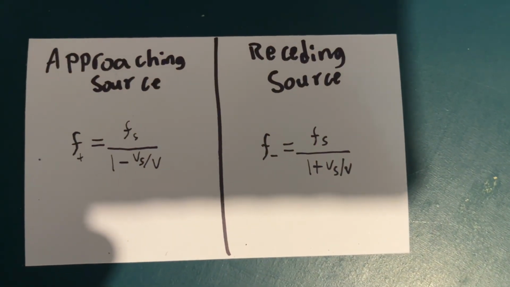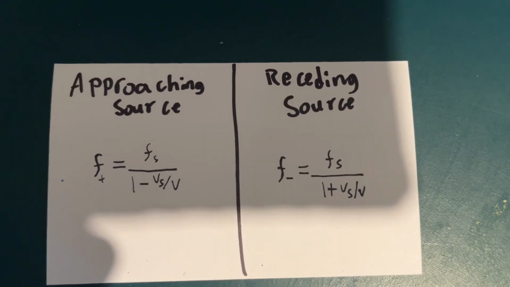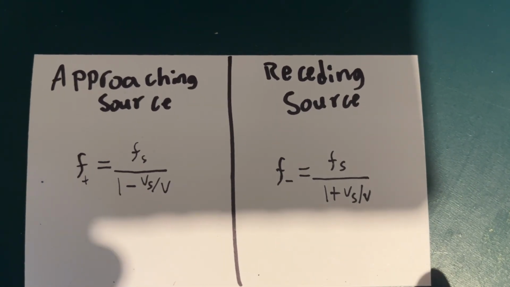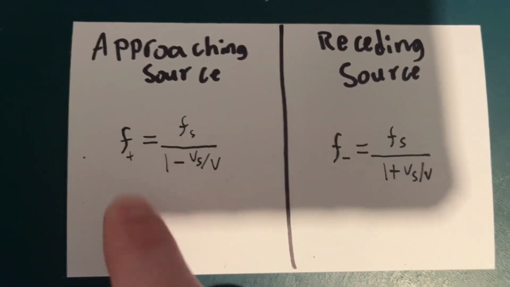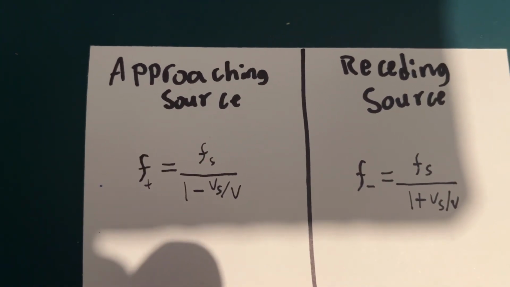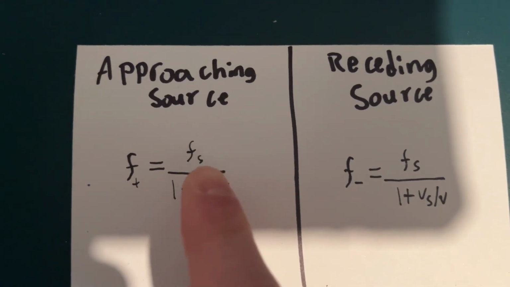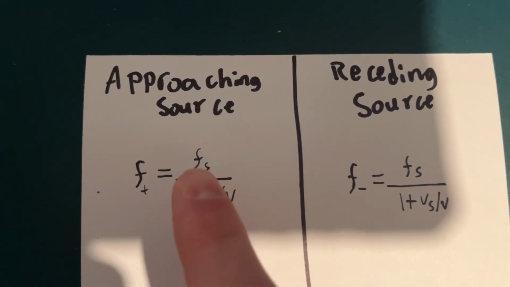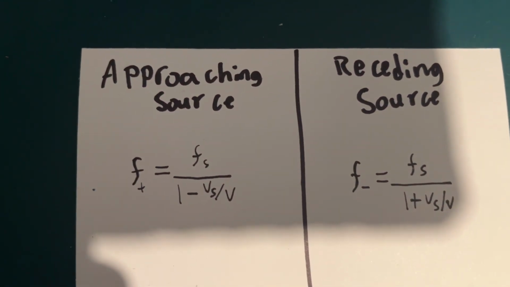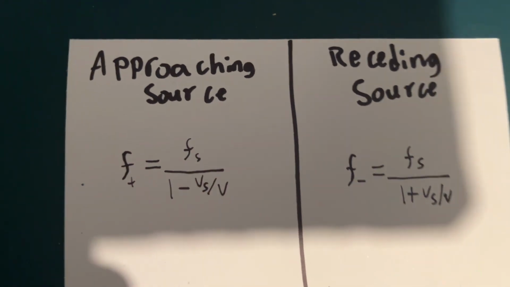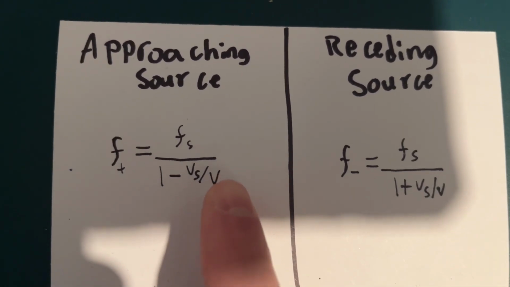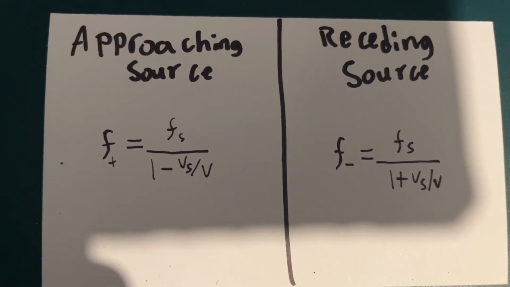So for quantitative purposes, these equations are used to find the perceived frequency when a source is approaching as well as when it's receding. In this equation, F plus represents the perceived frequency when the source is approaching you. Fs represents the actual frequency of the source that the sound waves are coming from. And then Vs is the velocity of the source, which the sound waves are coming from. And then V represents the speed of waves, which is typically represented by the constant